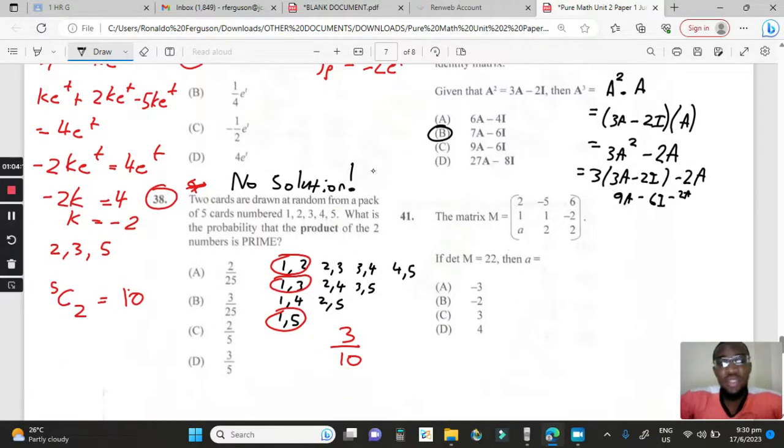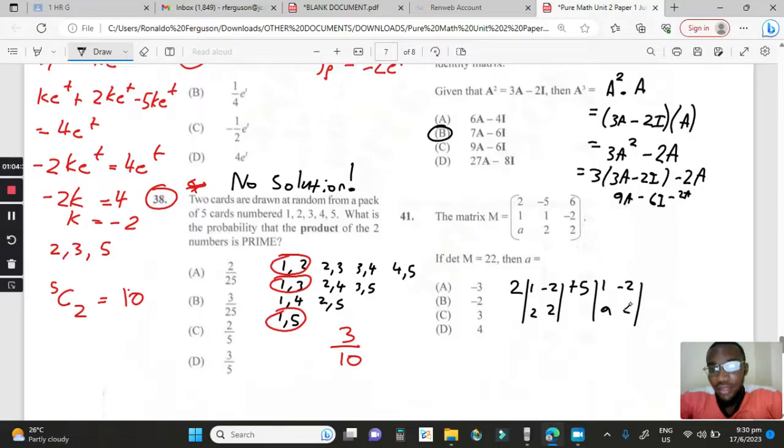If the determinant is 22, find the value of a. So we'll go row by column, row by column. With the first one, it's 2 times the determinant of 1, minus 2, 2, 2. Then plus 5 times the determinant of, crossing out the row and column with 5, 1, minus 2a, 2. Then plus 6 times the determinant of 1, 1, a, 2. And they say it's 22. So now this is